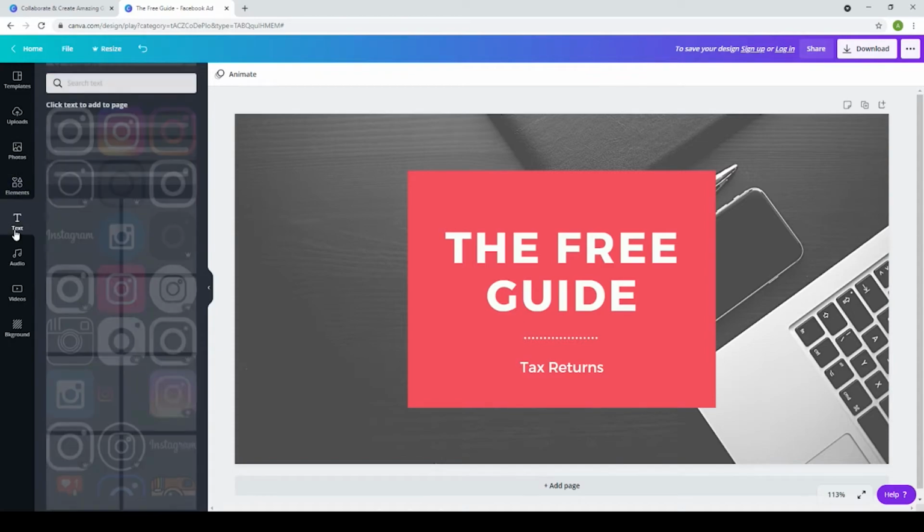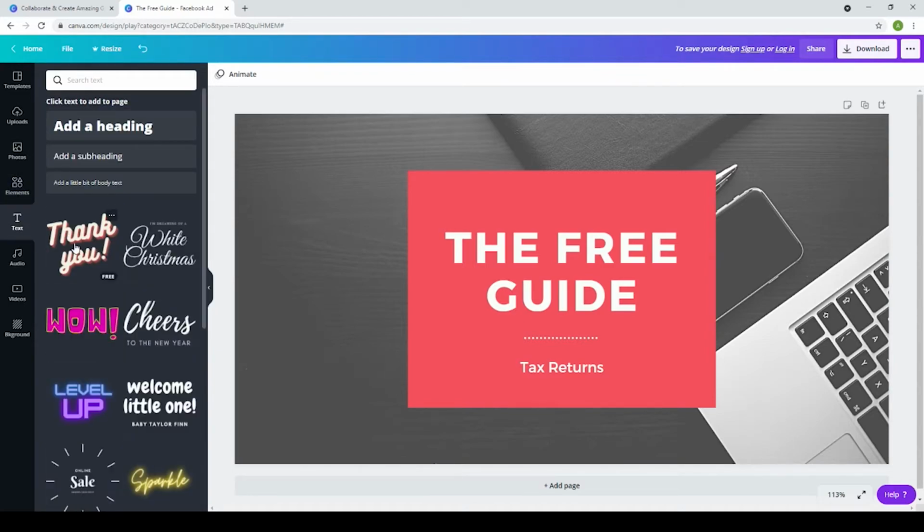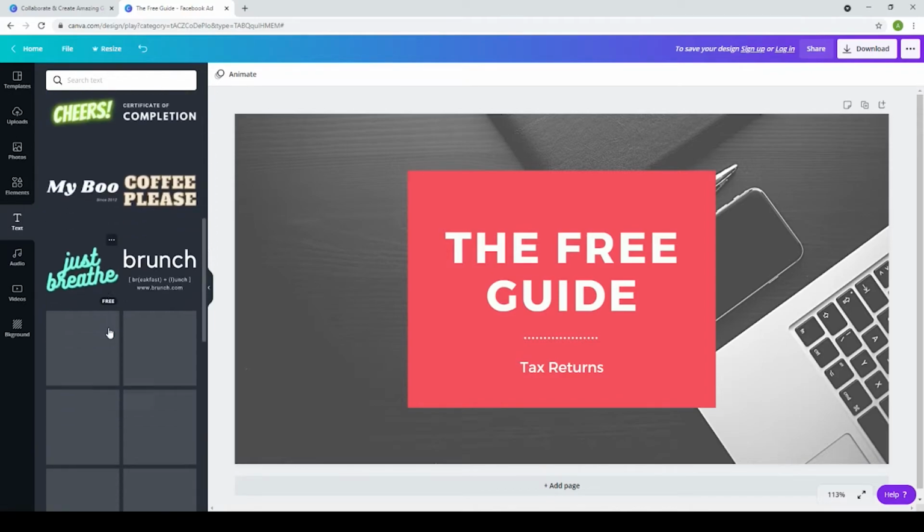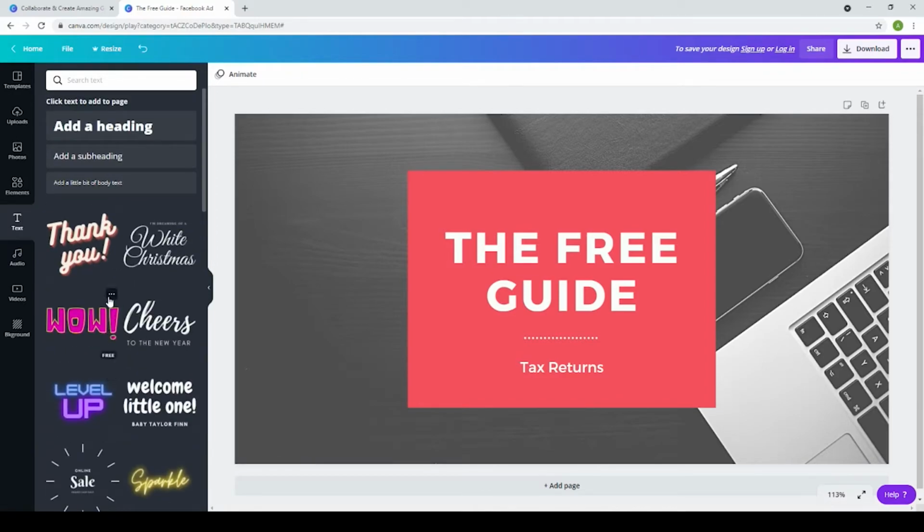So next one is text. So you see they have some templates that are already made up here where you can just go and choose something and add it into here. I usually like to keep it as plain as possible. Maybe just like this is actually exactly how I would create my ads,